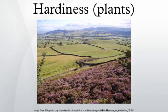In temperate latitudes, the term most often describes resistance to cold, or cold hardiness, and is generally measured by the lowest temperature a plant can withstand. Hardiness of a plant is usually divided into two categories, tender and hardy. Some sources also use the erroneous terms half-hardy or fully hardy. Tender plants are those killed by freezing temperatures, while hardy plants survive freezing at least down to certain temperatures, depending